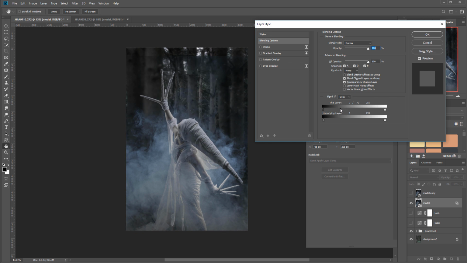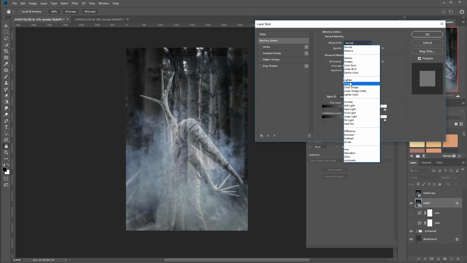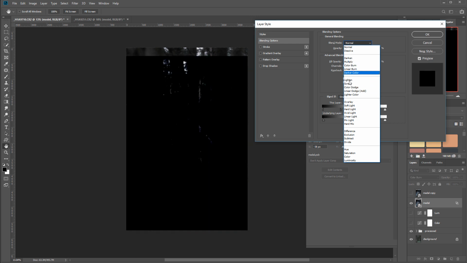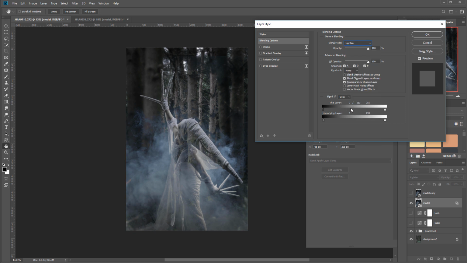Bring it around maybe this area, and we'll switch the blend mode. We can go to screen, so the smoke will pop up. Soft light won't work for us, same as multiply, so lighten or screen. And screen will have a little bit brighter effect for us, but I don't know if it will work very well with the blending. We can put on a lighting, and you know, just let's